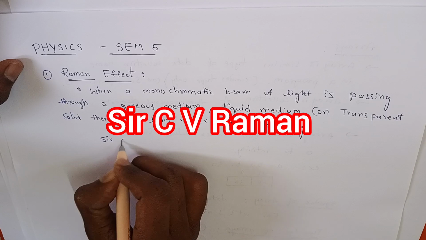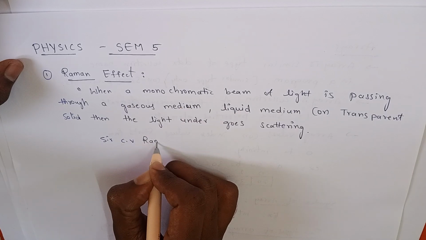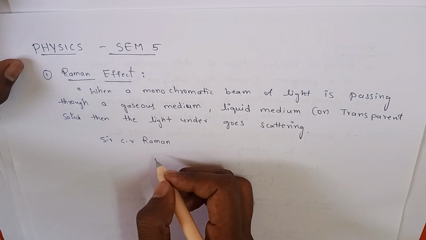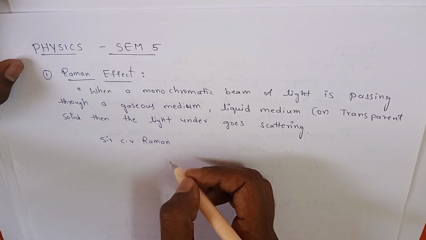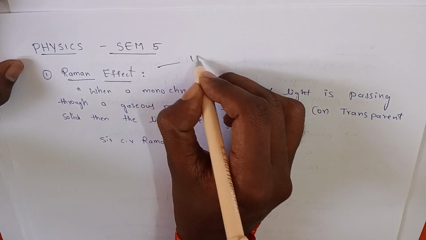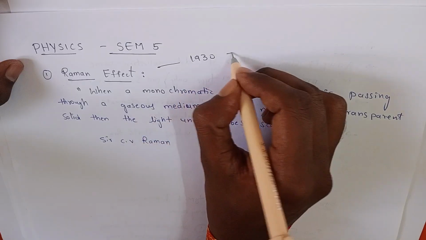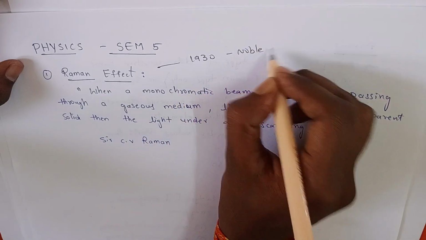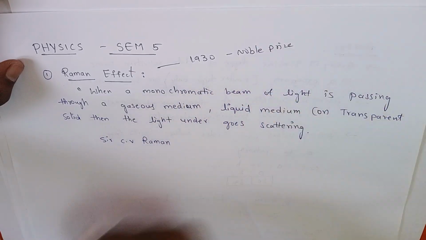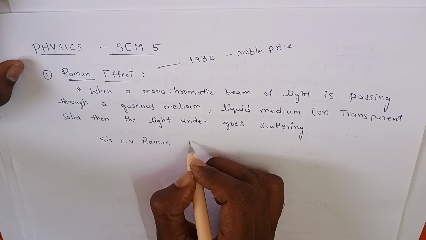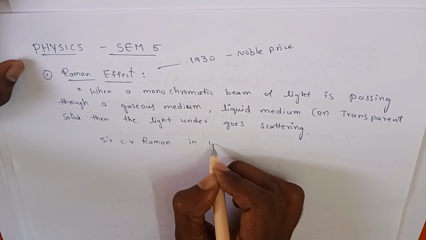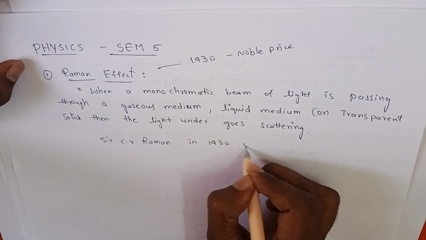Sir C.V. Raman is a scientist who propounded the Raman effect. He discovered the Raman effect in 1930. He received the Nobel Prize also. Sir C.V. Raman in 1930